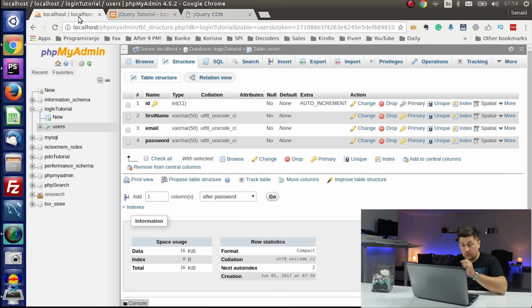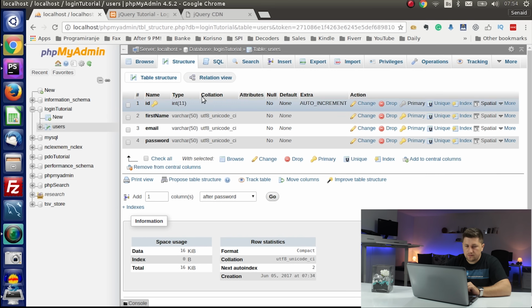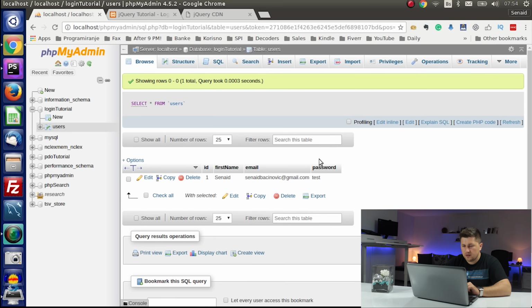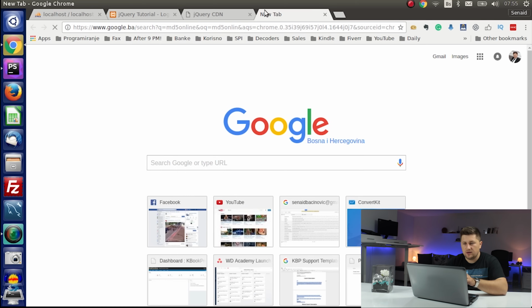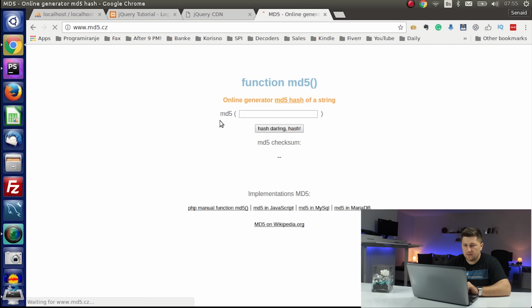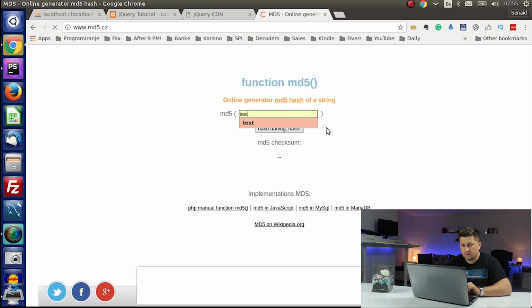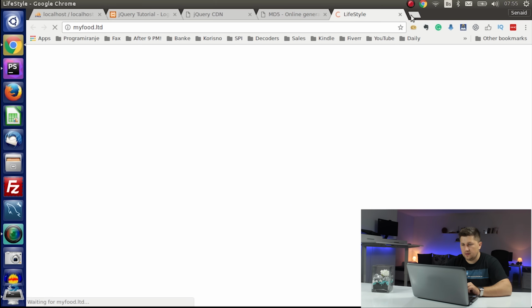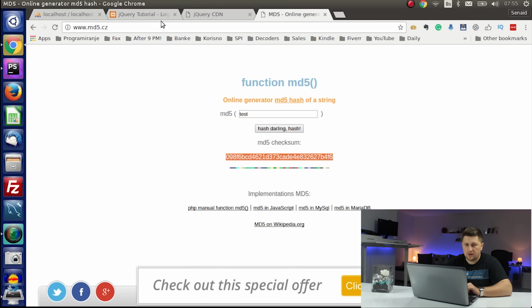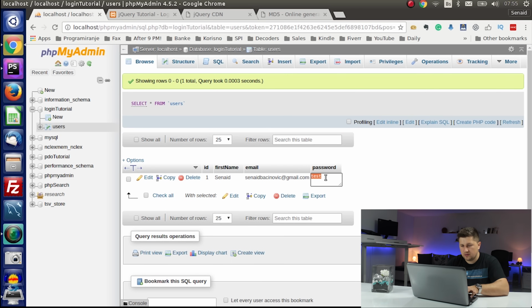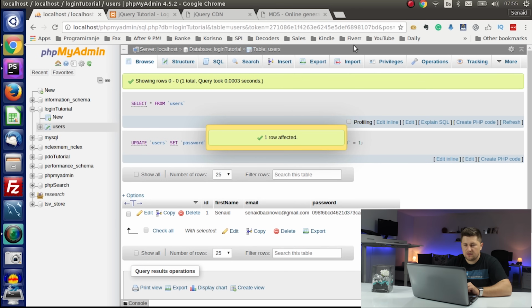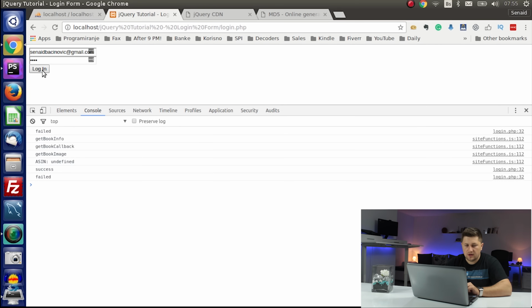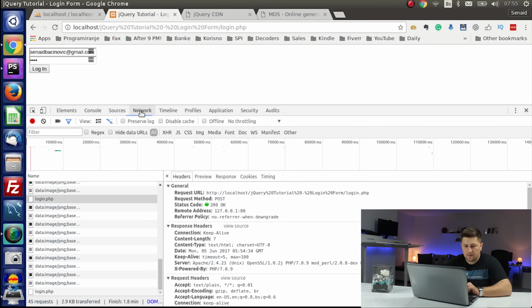So now if you want, we can just encrypt the password. So let's say I will use just the basic MD5 encryption. So I will just go MD5 online. Okay. So I will insert the data manually, copy, and now let's change this, save, and now if we test the same details, login, we can see that response is failed, and the reason